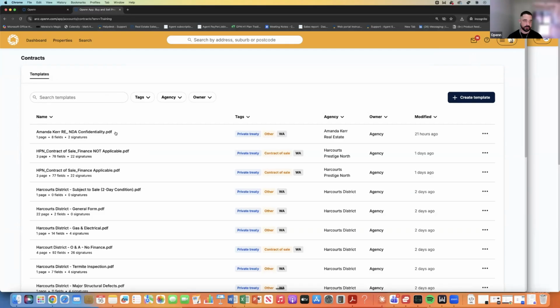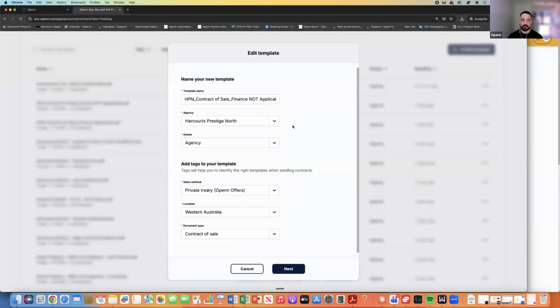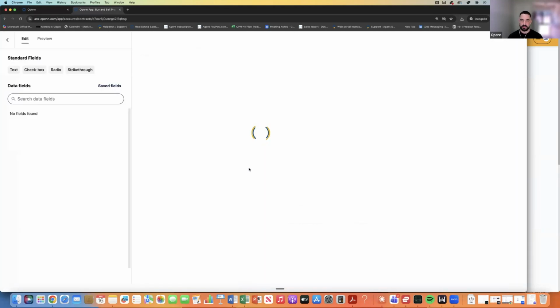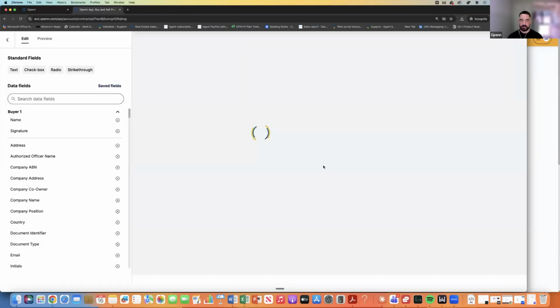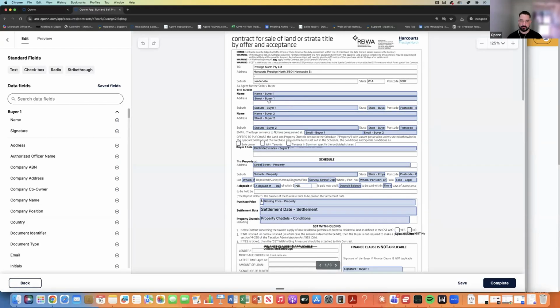So you can come in and you can see, if we just choose one of these, we've set them up, and we tend to recommend that you do send these to us for setting up initially, just because we can make that nice and easy for you. I'm expecting this to be a Western Australian O&A, and so you can see what we've done is populated all